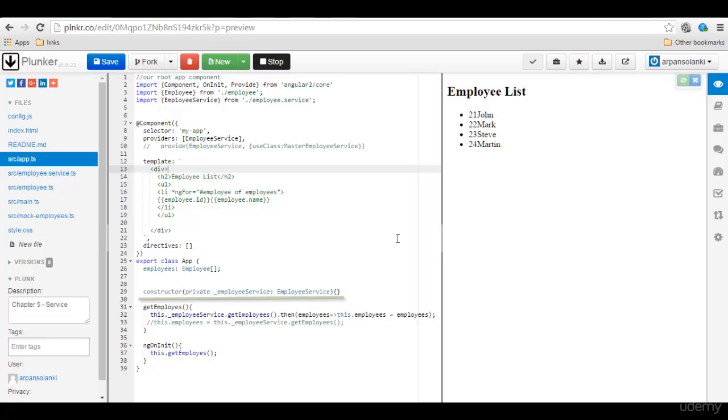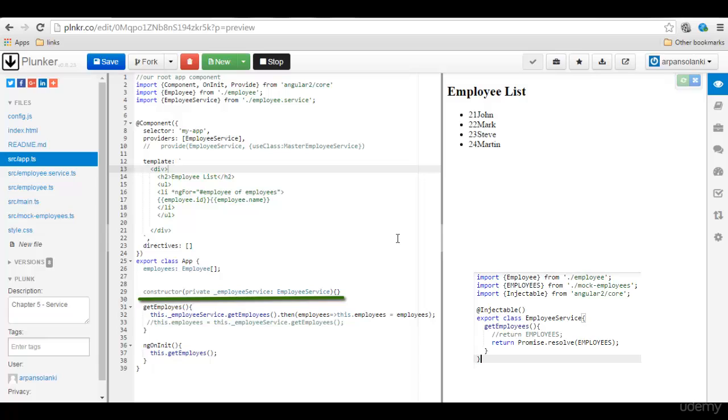Now in the constructor portion, you're seeing the constructor, but how did the employee service get created? We usually write a new operator to create an instance. So basically I'll usually write